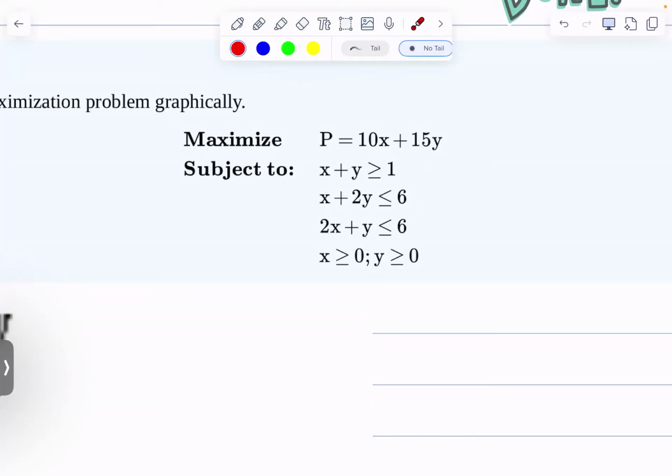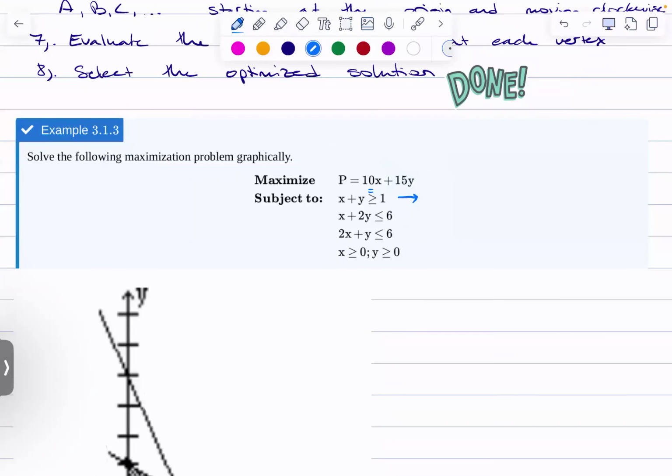Whenever I see these inequalities, I like to rewrite them in the form of y equals mx plus b. For a little bit, you can ignore the inequality and just treat it as an equal sign, right? Just because I prefer to work with lines that are in the form of y equals mx plus b, they all work, but let's say that,